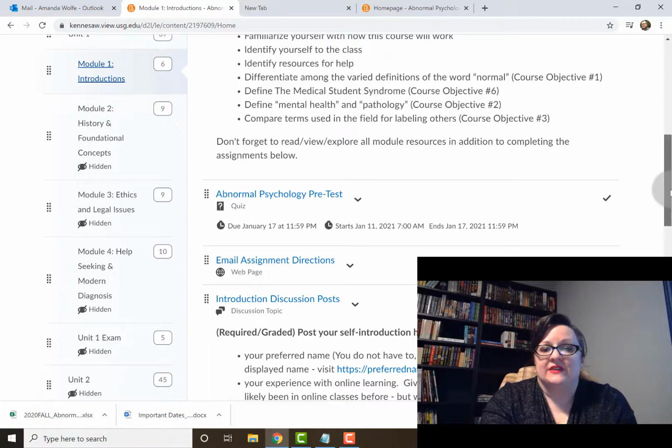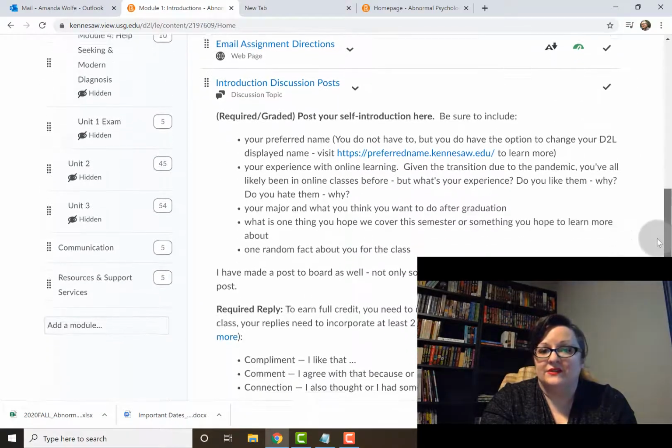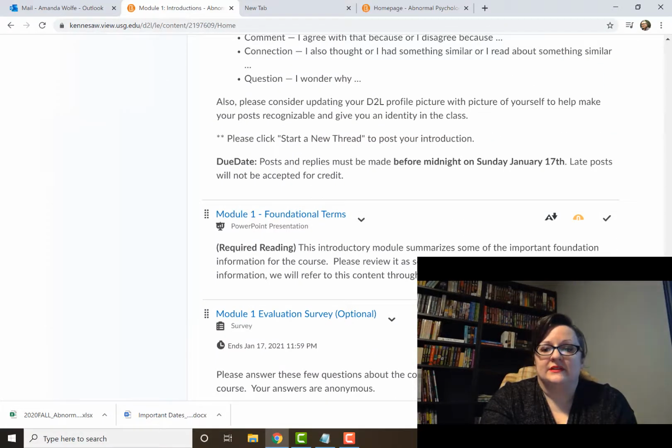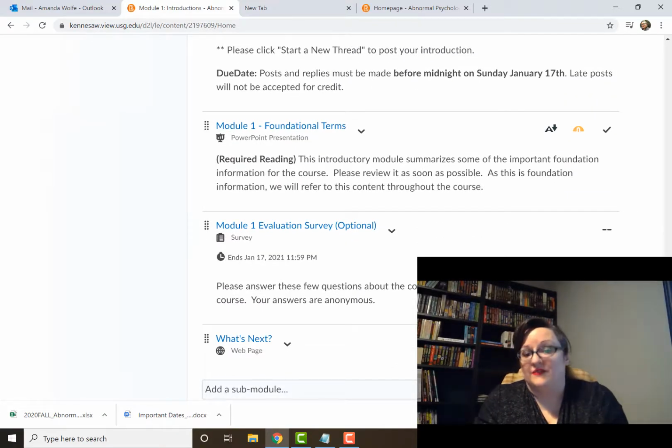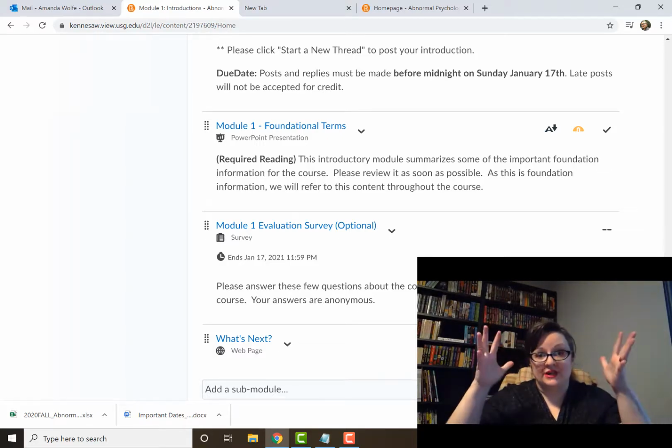There's also directions for the email assignment and for the intro discussion post. There is a small little PowerPoint, and then there's an optional survey that tells me how you're feeling about the course, okay? Almost all of your modules will be organized in this fashion where there will be a checklist,